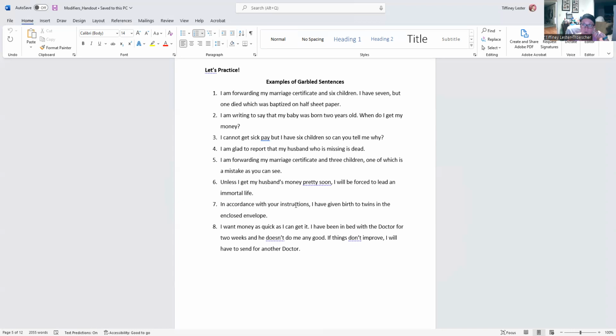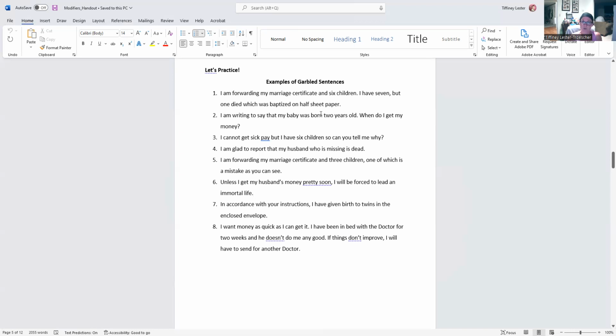More than likely, what they're trying to say is, I gave birth to my twins, and as instructed, I have included their birth certificates in the enclosed envelope. Again, what else would they be sending in an envelope that has to do with the twins they just gave birth to? And again, you can kind of see I'm making the best guess that I possibly can with these,